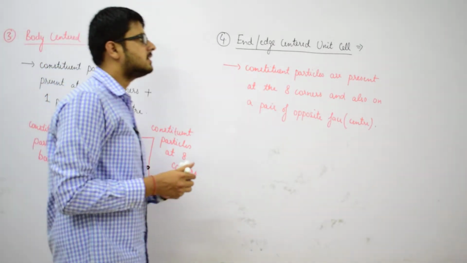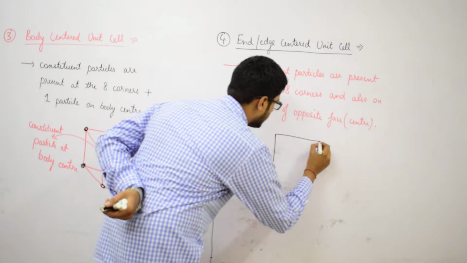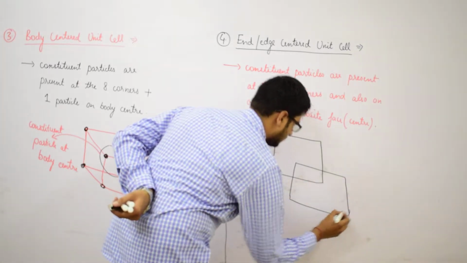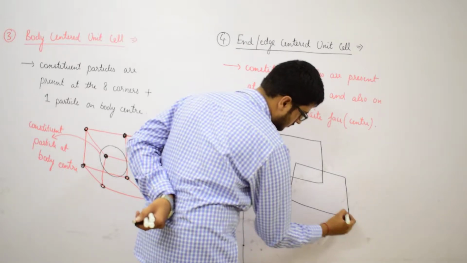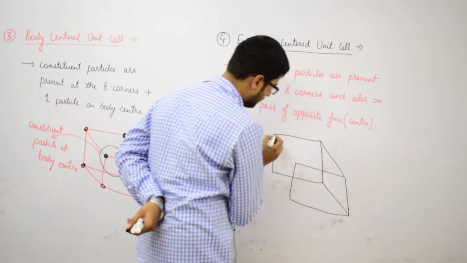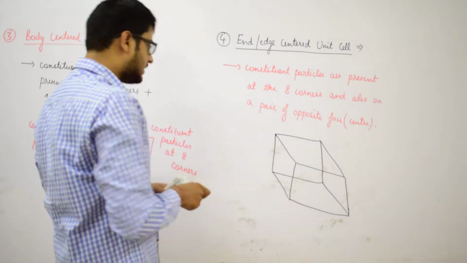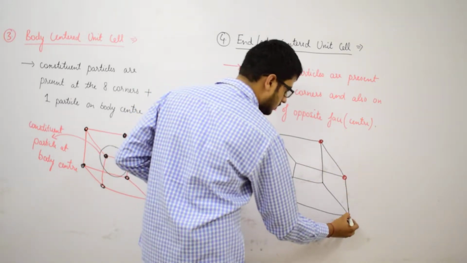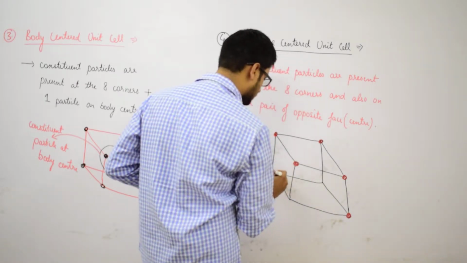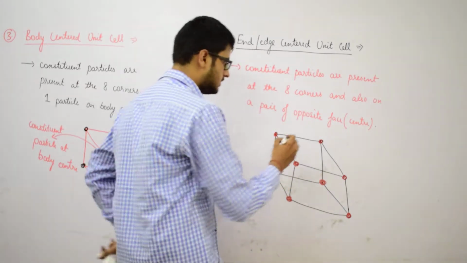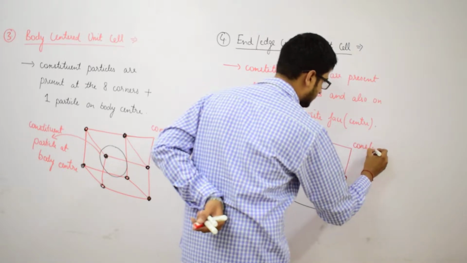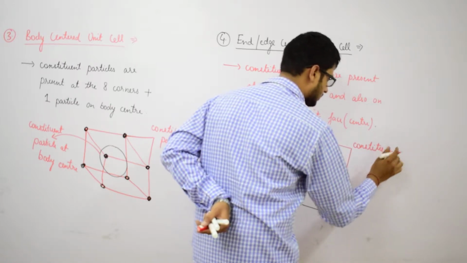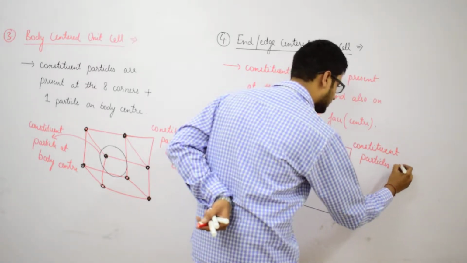So, if we look at the structure of end centered or edge centered unit cell, if this is our unit cell, and let the arrangement of particles be 8 particles on the 8 corners, so these are the constituent particles at 8 corners,